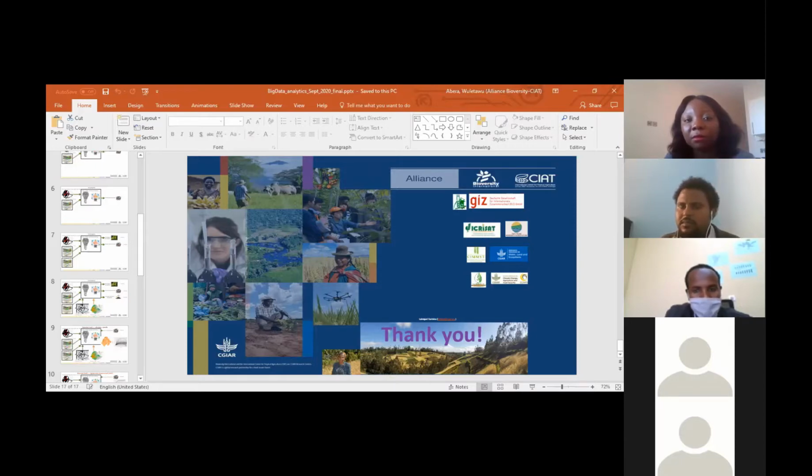One of the ways of filling the gap is calling this kind of workshop, but we can also look for other alternatives to bridge those gaps. So I think the progress that Wuletawu presented is maybe halfway, but I'm sure in a few months we will get a better result once the freshly collected data are factored in. Thank you.